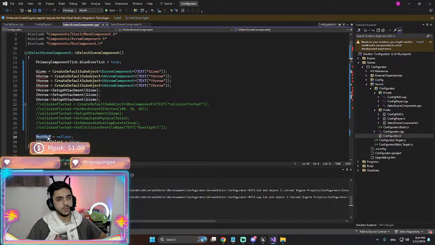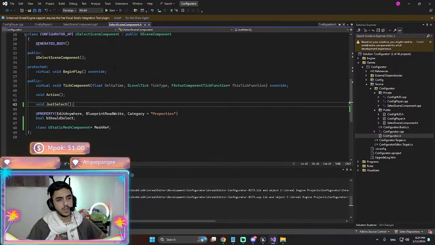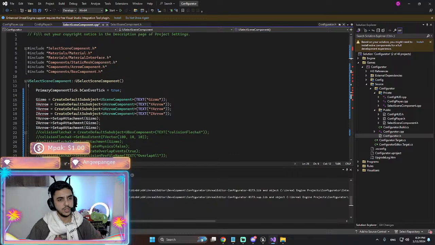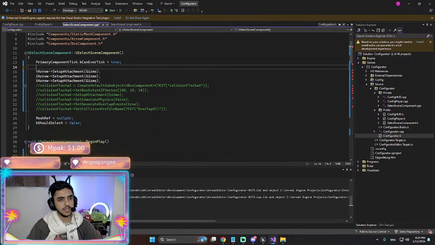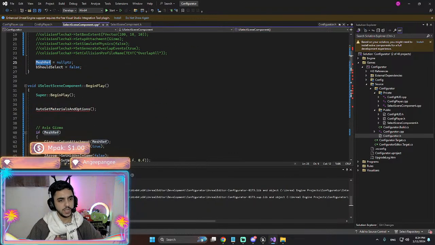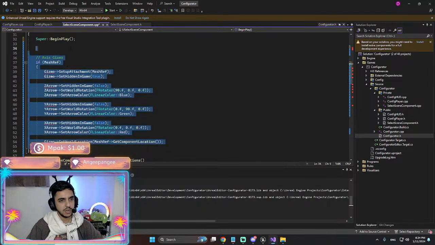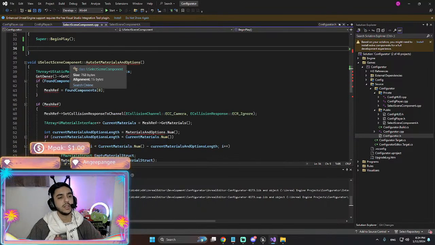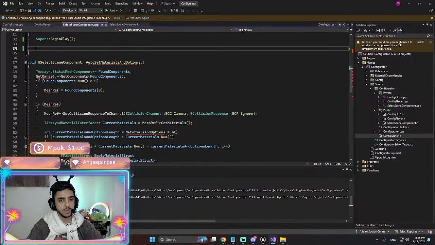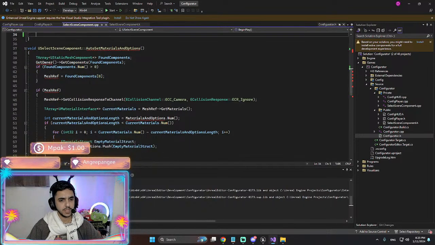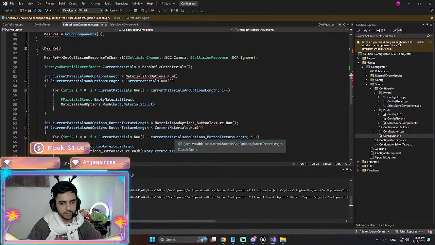Yeah, I have to keep mesh ref, which I have it here, and then I have to bring in the part where I set the collision of that mesh ref to basically no collision. That's it. That's what I'm gonna do.